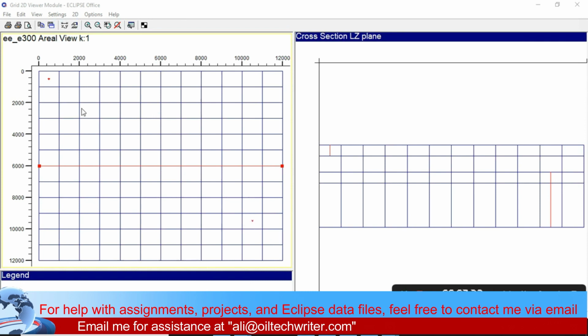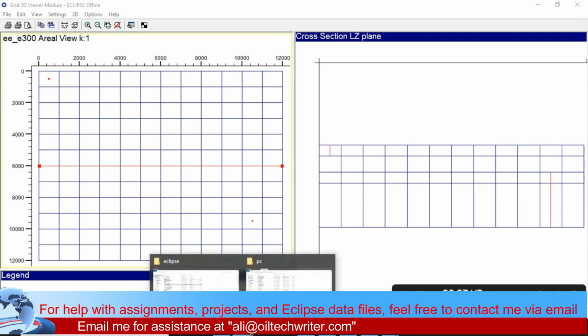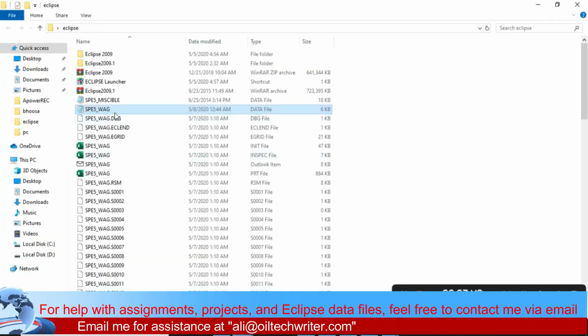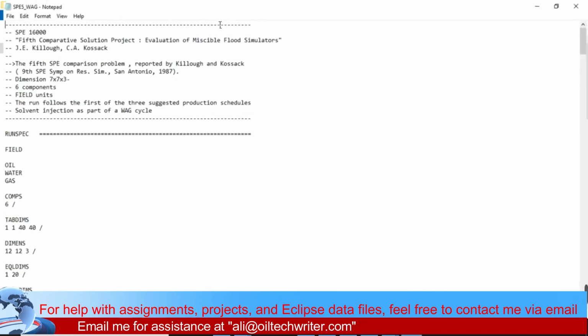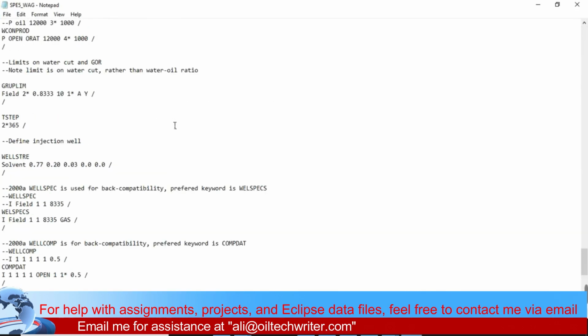Now for the injection well, we will see what properties we can change to change the location of the injection well, because the one we were talking about was the production well. Now we want to talk about the injection well, which is at 1 1. So we will look at how we can change the location of well 1. Let's go back to the data file and see how we can play with it. We go back to originally to,